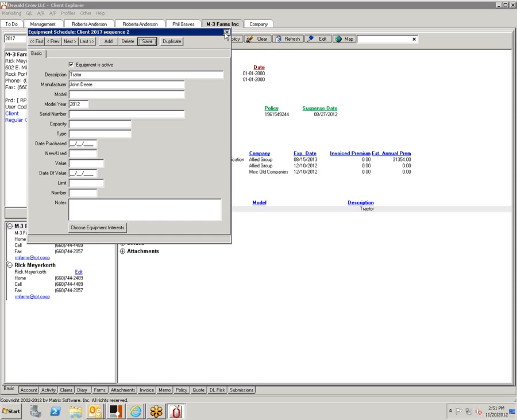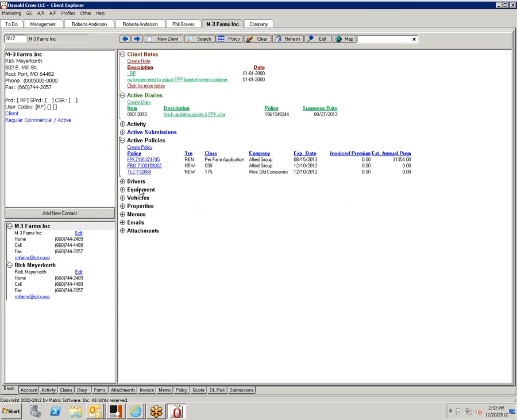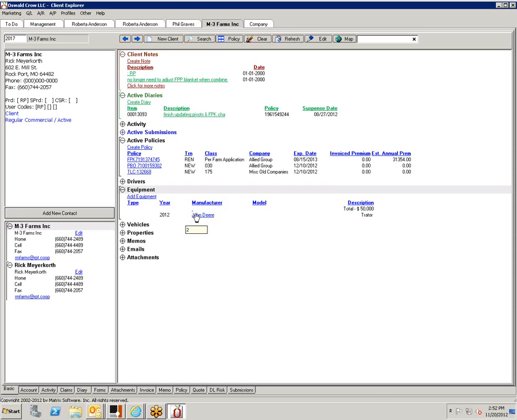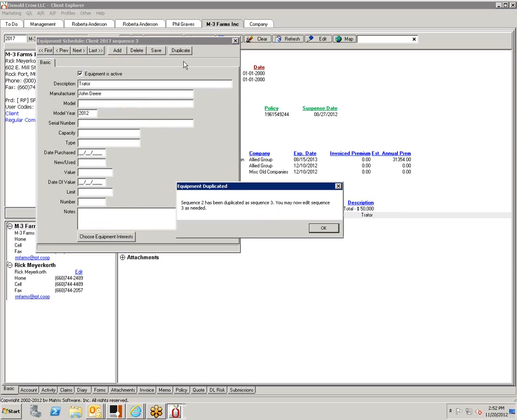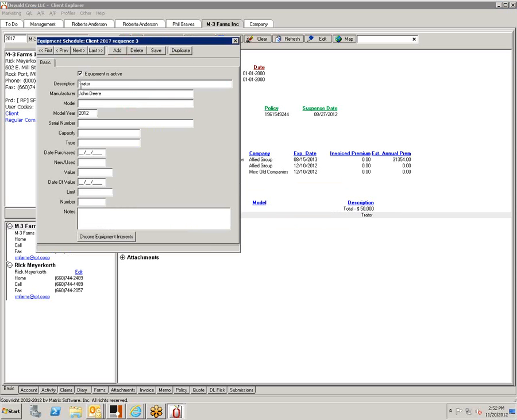Okay, so now we've got a couple of pieces of equipment. This is kind of what it would show up as. Oh, okay. But it's not going to add it up for you. Okay. The beauty of it is when they delete something, let me duplicate this. So if you got a whole bunch of the same kind of equipment. Right.